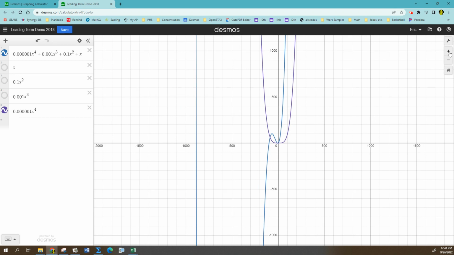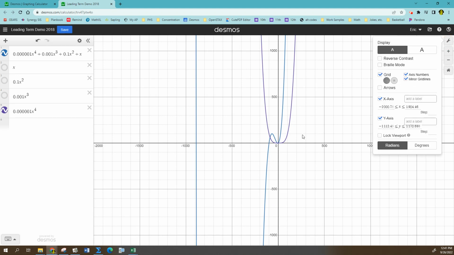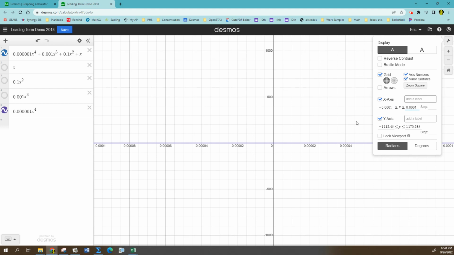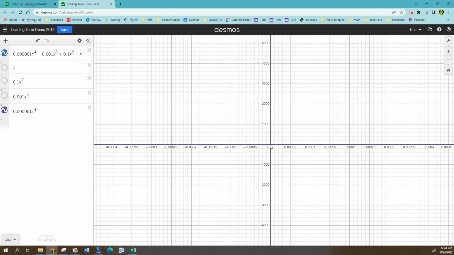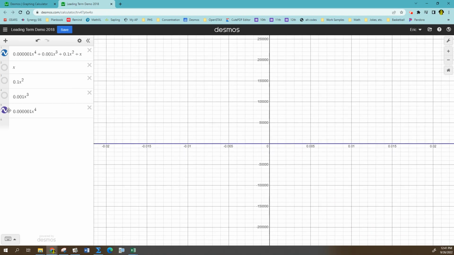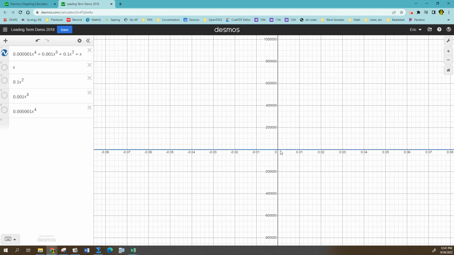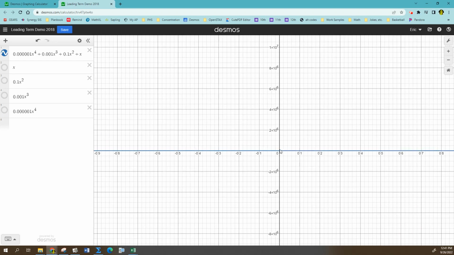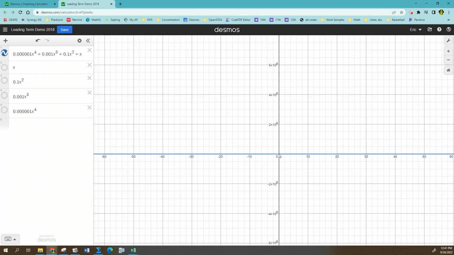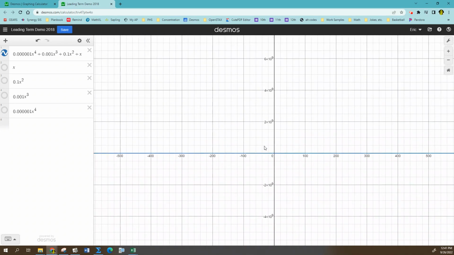I just need to tweak this a little bit. Let's see, what if we let the x-axis go from... okay, let's just try zooming out from there. Oh, by the way, I'm only graphing the blue function, the polynomial. Got to go out a ways, quite a ways. Maybe I was a little too aggressive with that, but